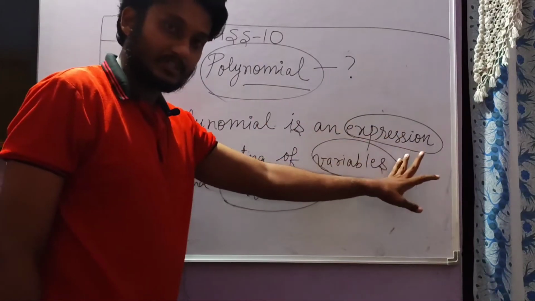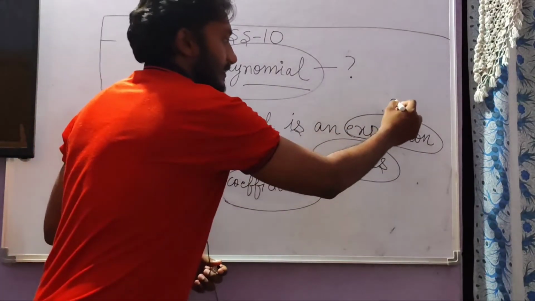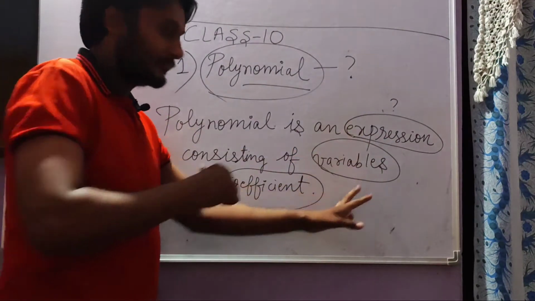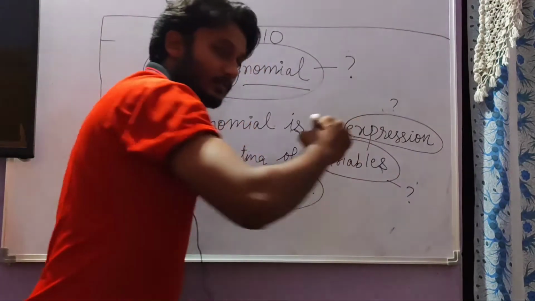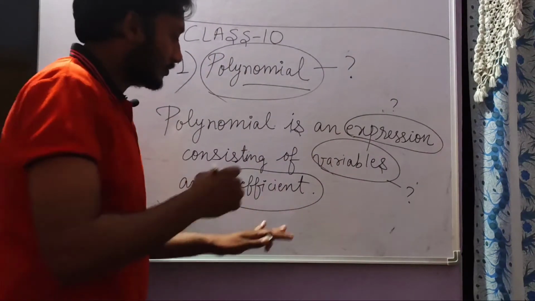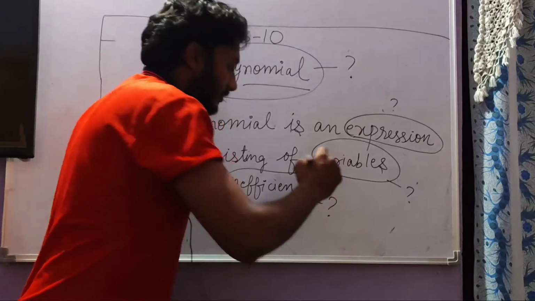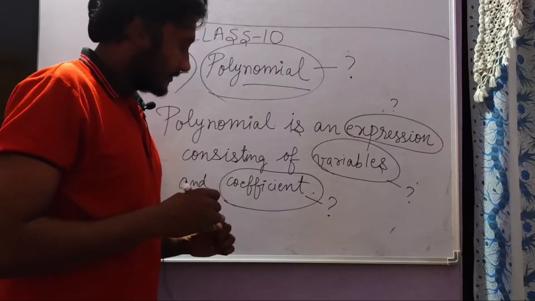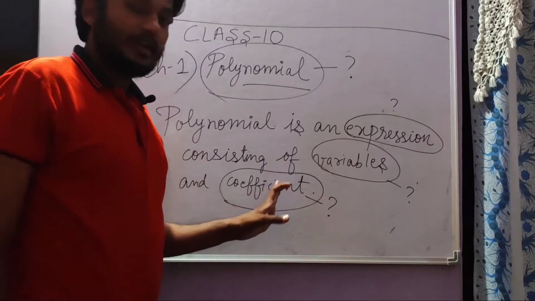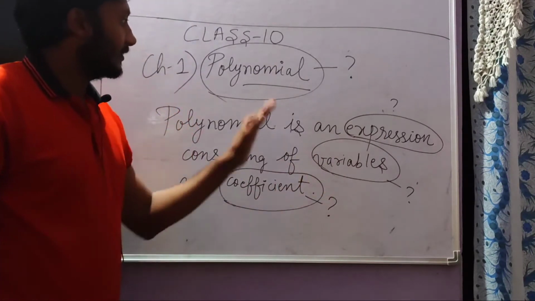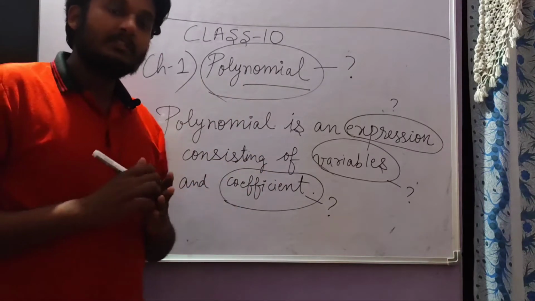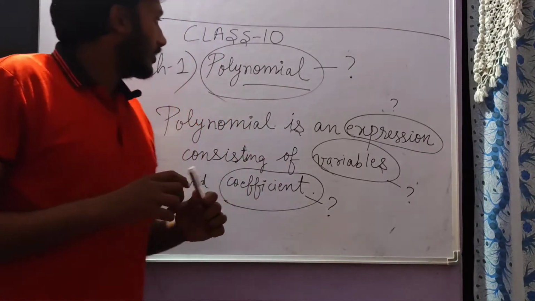Polynomial क्या है? एक expression है. ठीक है, we will discuss what is an expression. Consisting of variables, मतलब उस expression में क्या है? We have some variables. फिर हम लोग देखेंगे what are variables and coefficients, and we also have to know about the coefficient. These three are the main important points which we have to know, then only we will be able to understand what we mean by polynomial. Then we will discuss the operations which can be performed on polynomials.